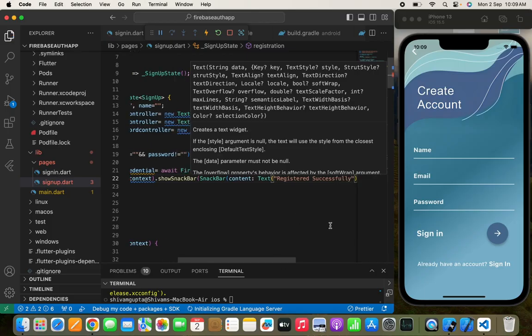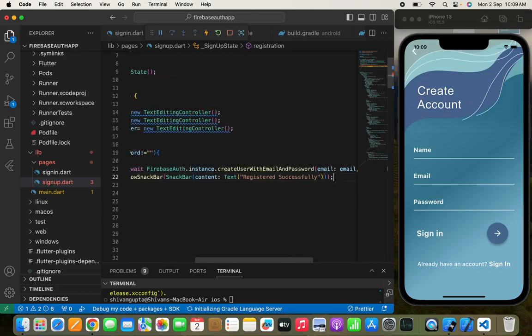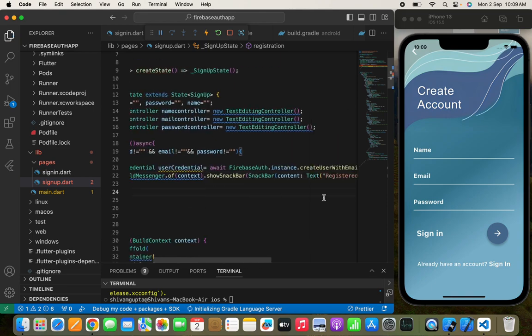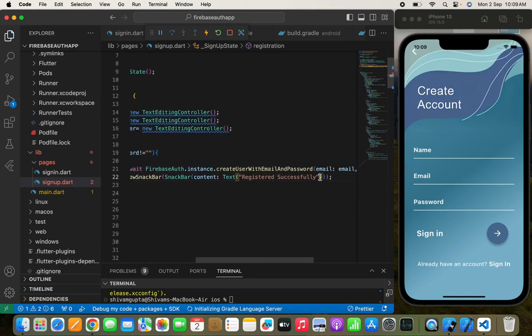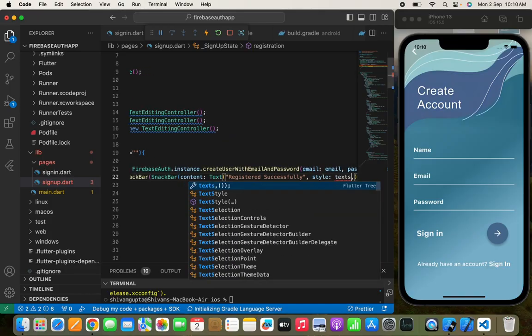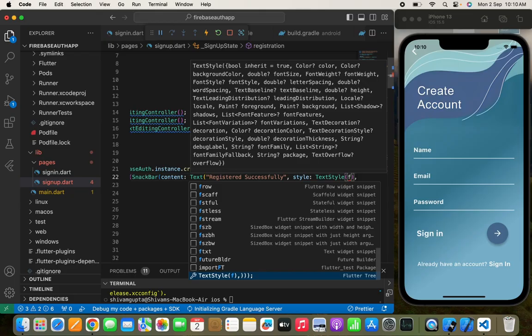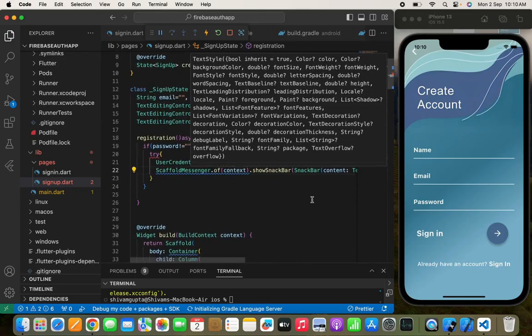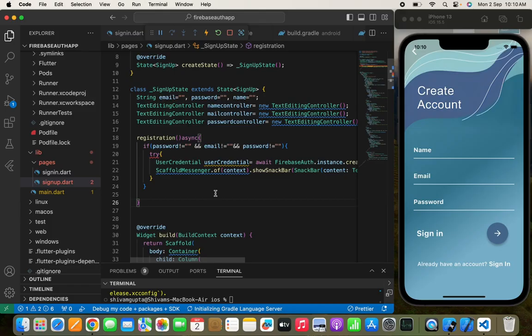Yeah, so here it is done, and if you want, you can change the color of the snack bar according to your choice, but I just need to pass a style, TextStyle, and we'll simply increase the font size up to 20.0. Yeah. Now after this we need to pass on, so we'll simply write on